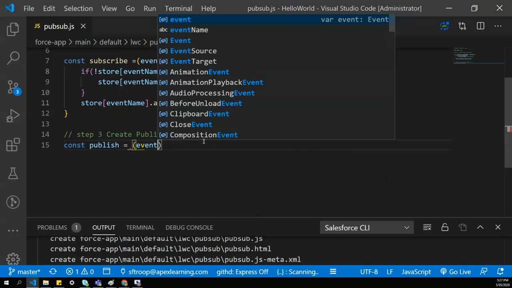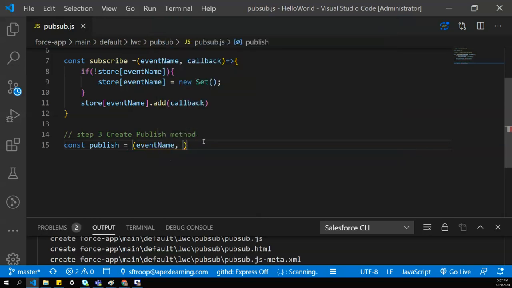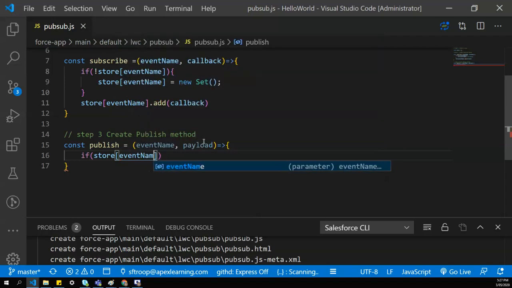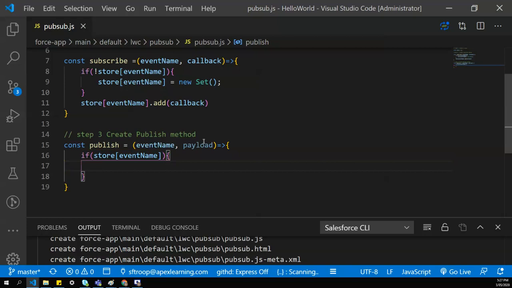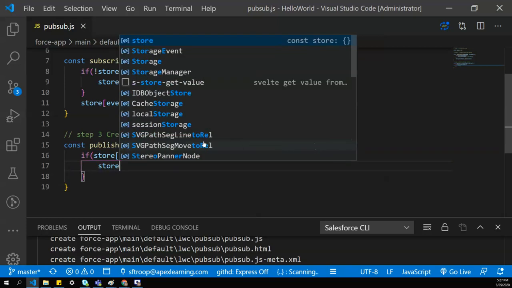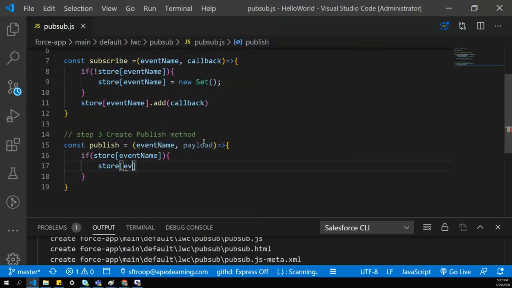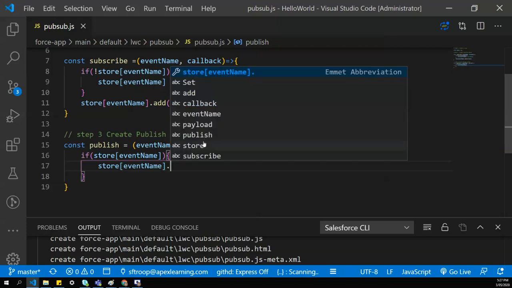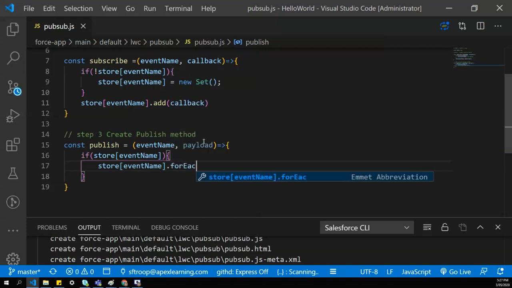Also pass the event name and the payload, which is nothing but the data, and we'll check whether the event name is present in the store or not. So if yes, the event name is present, then we'll loop over the event over the store, and we'll use a forEach loop.